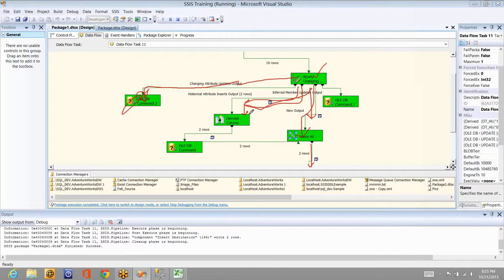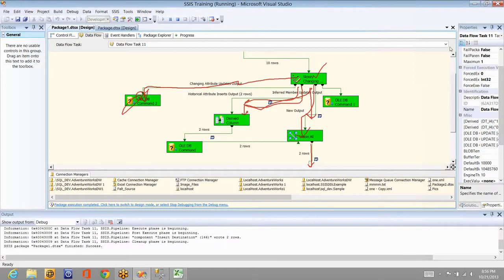The values here, if you see the query, the OLEDB command, it will take only the changing attribute, historical attribute, let's say city in our case, update so and so table, destination table where city is equal to so and so coming from so and so or something like that. Sorry, it won't set anything. It will set only the current key column, right? So it will change it and the values will be sent here and it will be updated. So this is how it will handle SCD type 2 using one key column.